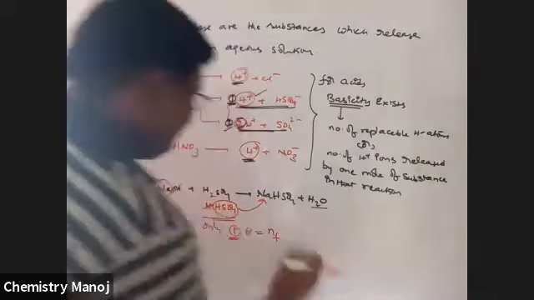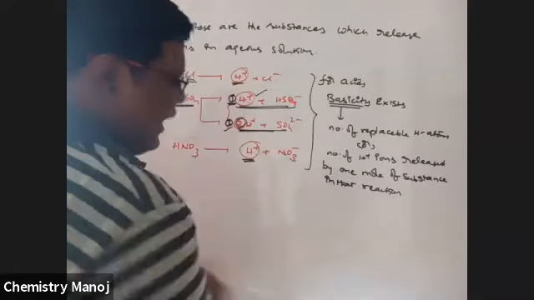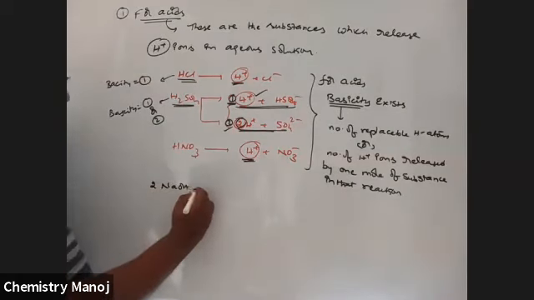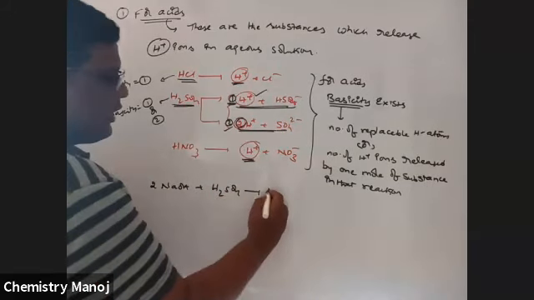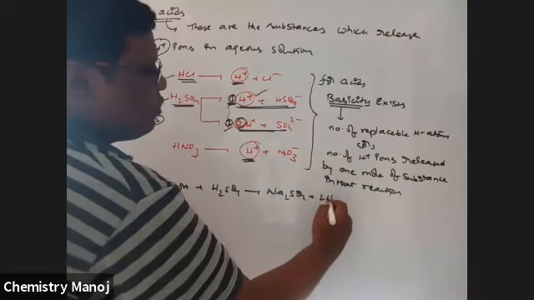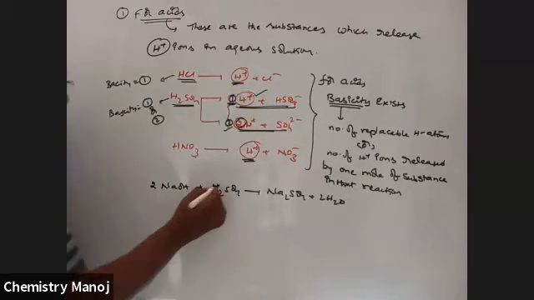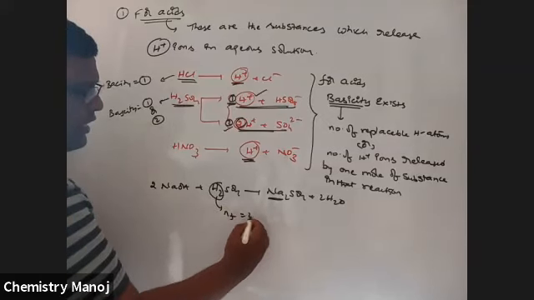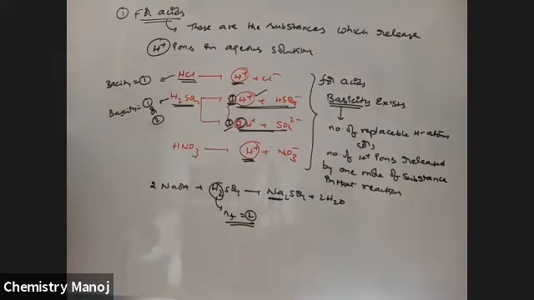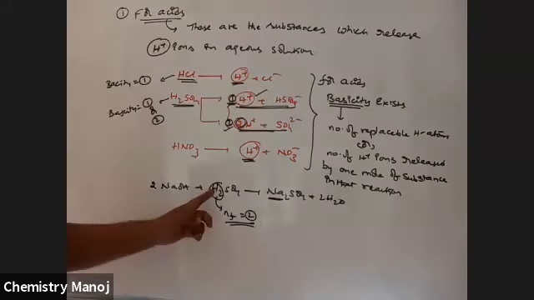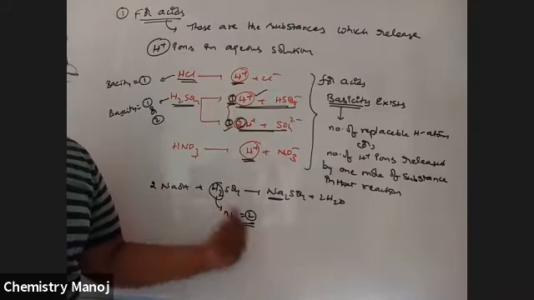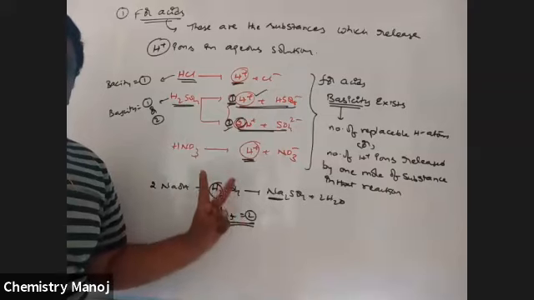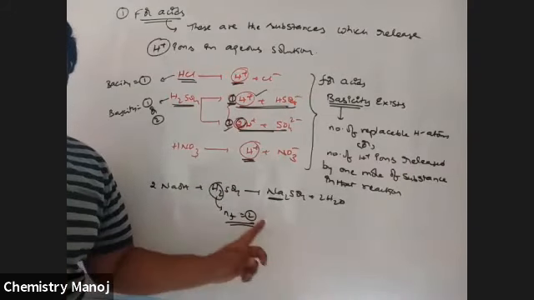But if the same reaction is taken as 2 NaOH reacts with H2SO4, that gives Na2SO4 plus 2 H2O. If this reaction takes place, these two hydrogens are replaced with sodium. Therefore, in this case, the N factor is equal to 2. Therefore, the number of hydrogens replaced by another species is taken as the N factor. In the previous case, N factor of H2SO4 is 1. Now the N factor is 2. So my dear boys, is this clear?